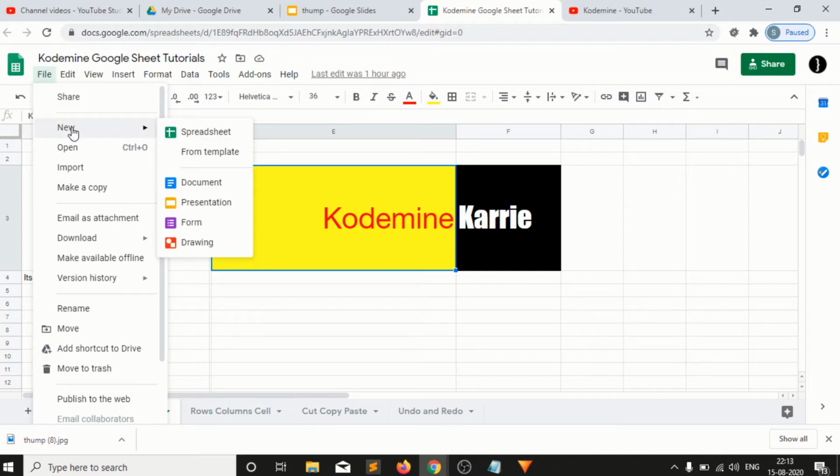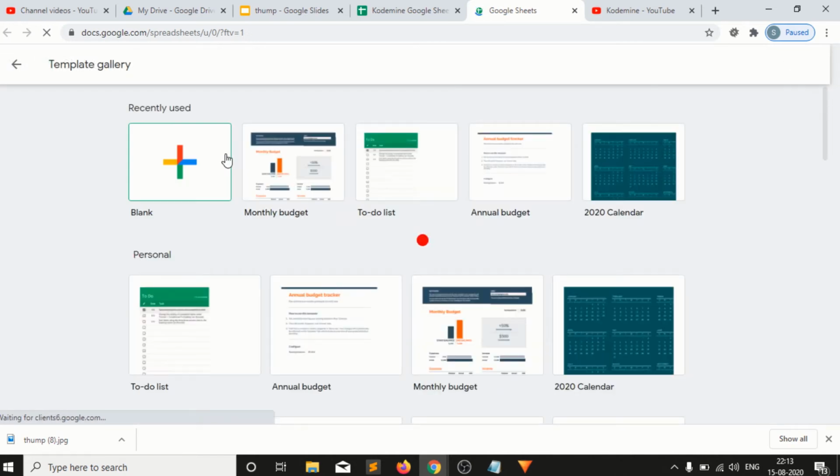So what is the meaning of new? It allows the user to create a new file, right? We can create a spreadsheet, document, presentation, form, or drawing, but as we are working only with the spreadsheet now, we have two options here in Google Sheets. I can create a blank file, as I created in the last video, and I can create from the new template. So whenever I click on the from template option, it takes me to the next window, and where it